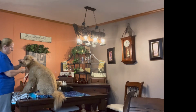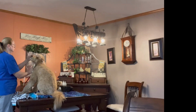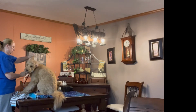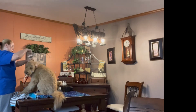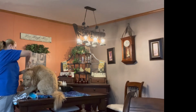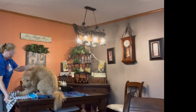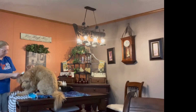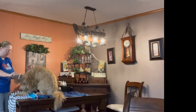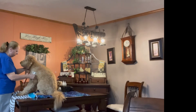Now, you may be wondering why I'm not using my grooming table. My grooming table is out on the back deck, and it is hydraulic. You pump it up like a beauty shop chair to raise it up and down, and I cannot pick it up by myself, and I didn't want to stand out in that kind of heat, and I didn't want Roxy to stand out in that kind of heat either. So we're doing it with beach towels on the kitchen table, chairs moved out of the way, which actually worked out pretty good for me to be able to hook a leash to something so she didn't get brave